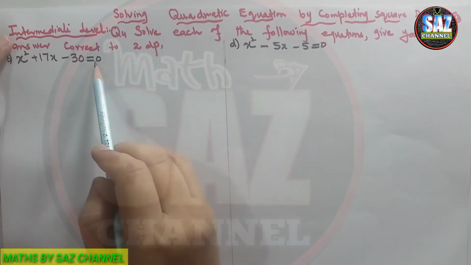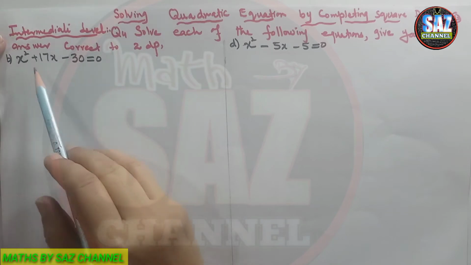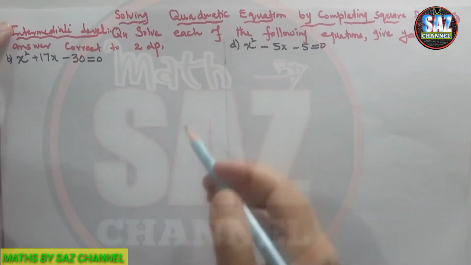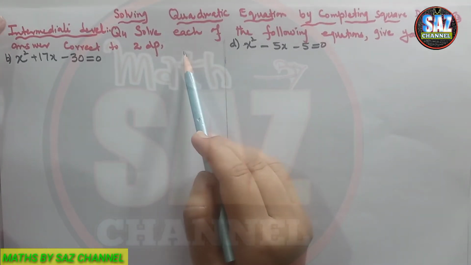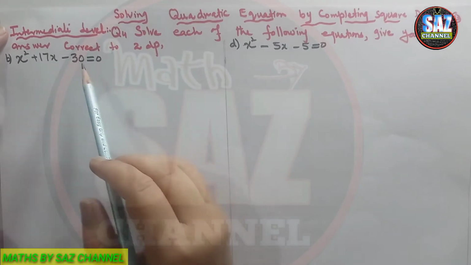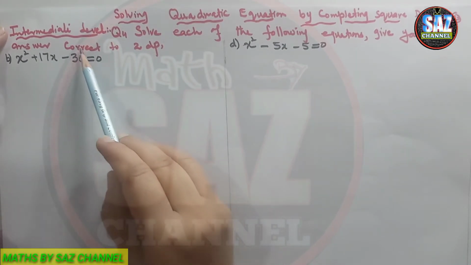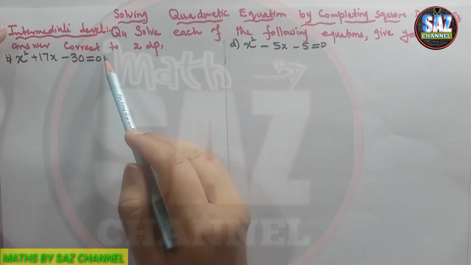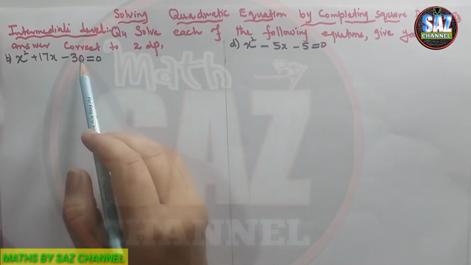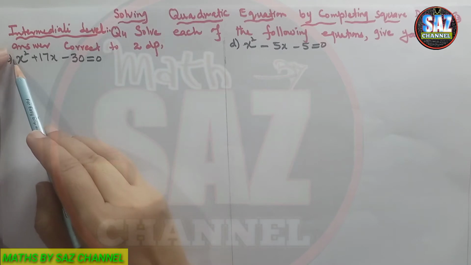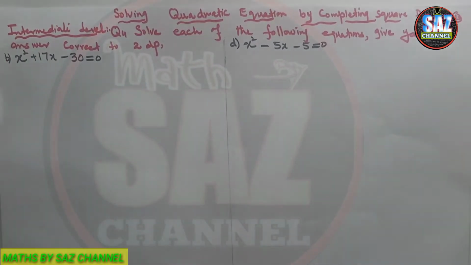Before going to the solution of this question, we have to recall that we have learned so far two methods of solving the quadratic equation. One is the application of the basic identities, perfect square identities with the sum and the difference of two squares, and the other is the hit and trial method. First, we cannot apply the perfect square identities on this question because 30 is not a perfect square. Coming to the hit and trial method, I have to multiply this constant, that is 30, with the coefficient of the square term, and the product comes to 30.